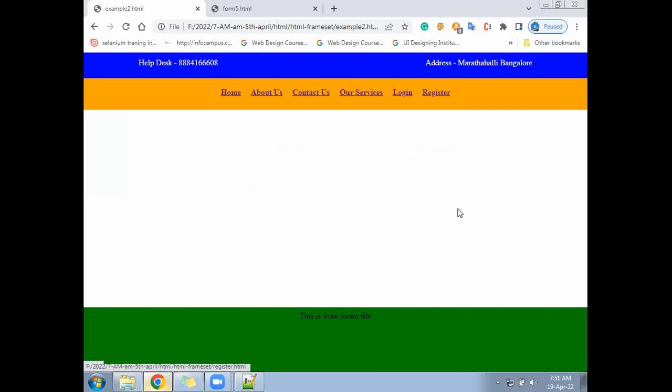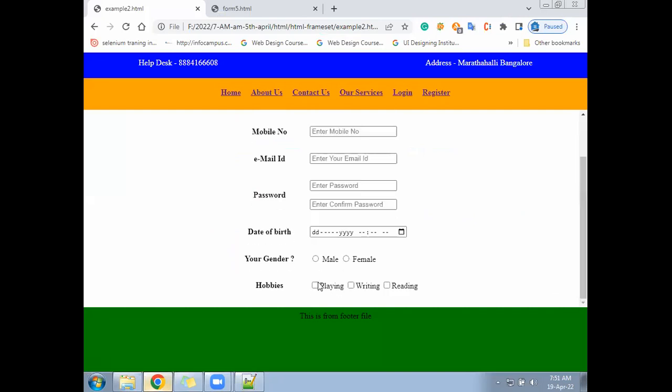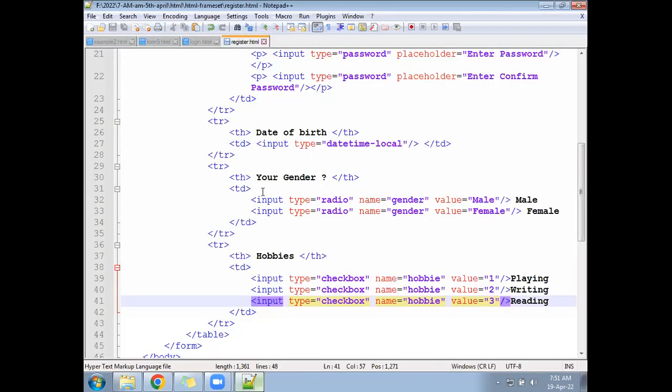We can go here and we can see the user can select one checkbox, two checkboxes, three checkboxes. Any 1, 2, 3 they can select, they can select all, or they cannot select any also. But in the case of a radio button, they can select only one. The name is common here, so that is the difference we have. If you are going to give a predefined option to the user, where out of multiple they can select only one,